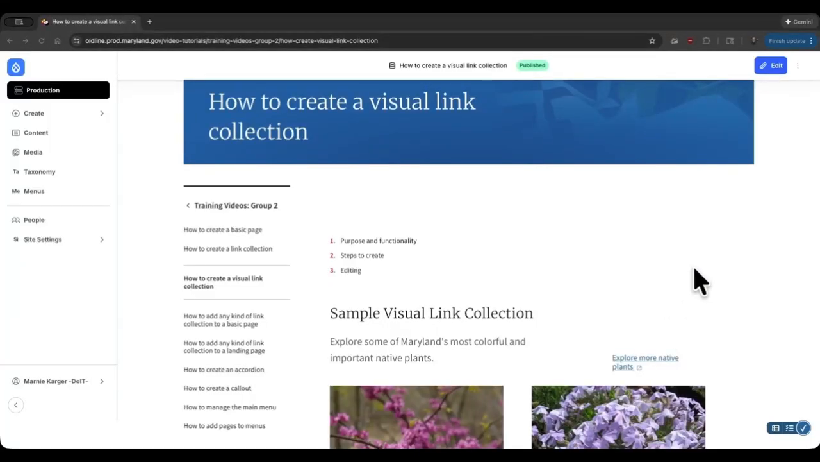This video is an introduction to visual link collections. Here, I'll share what a visual link collection is used for and walk you through the steps for creating one. Check out one or both of the videos related to this one about placing any kind of link collections on